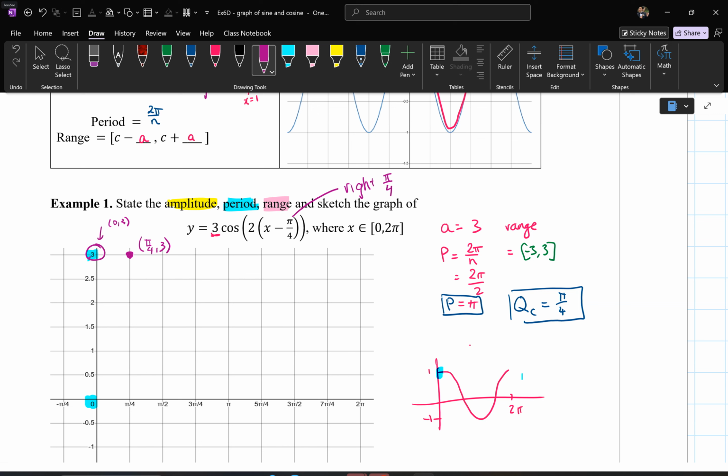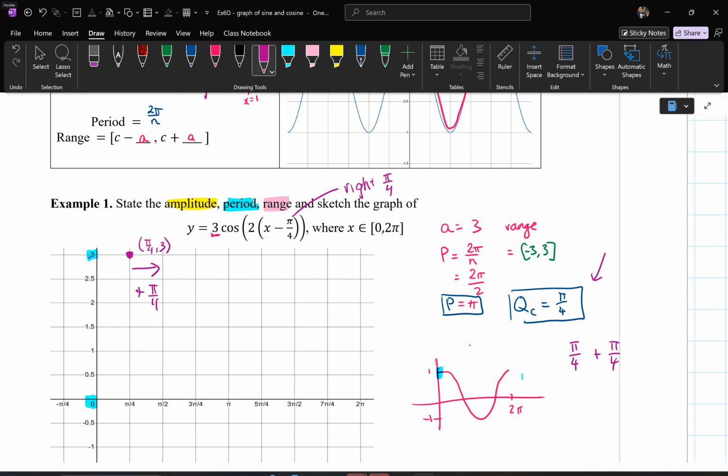That's the first point I've got. Now, to find the next point, it's the quarter cycle. From here, pi on 4, if I add on a quarter cycle, that should bring me to the middle, which is at 0. So let's try it. Quarter cycle is pi on 4, and I have a starting point of pi on 4 as well. If I add a quarter cycle, which is adding on pi on 4,